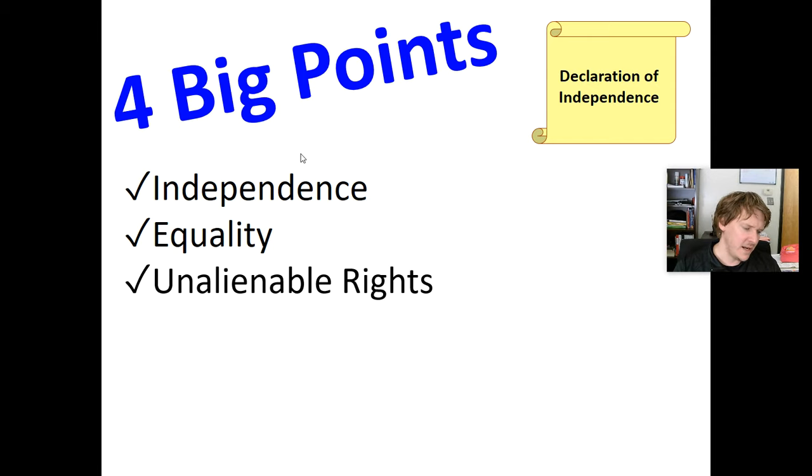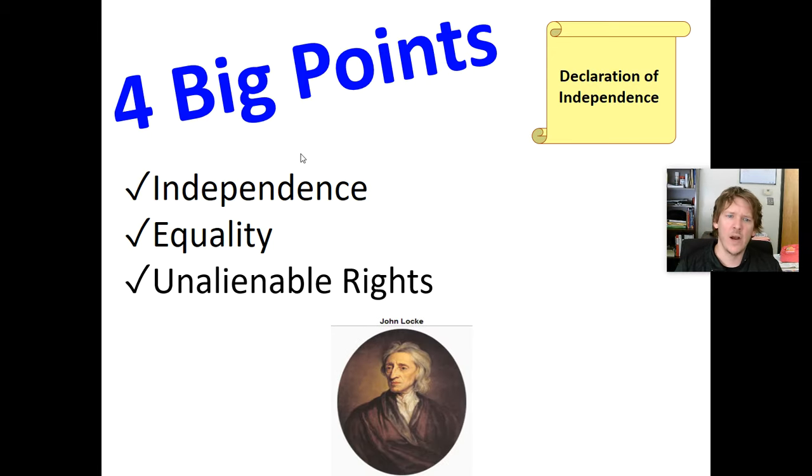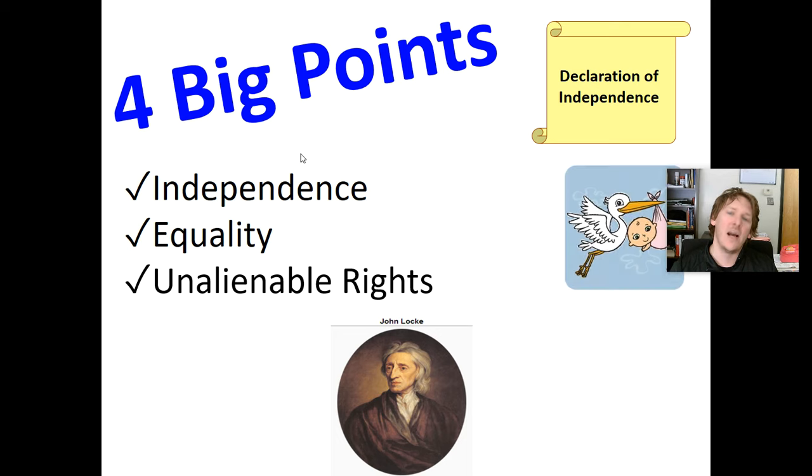Next idea in the Constitution, unalienable rights. There it is again, the idea of rights, individual rights, which is a part of a democracy, which is one of the fundamental political principles, which is in all the documents, which is written in our Constitution and a part of our government. Unalienable rights. Actually, we steal this from Jefferson, who steals this from John Locke. John Locke is the guy, he's an English guy actually, so that's kind of weird. Wait, we're taking an idea from an Englishman to declare freedom from England.